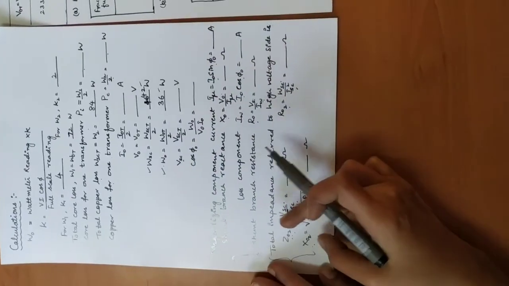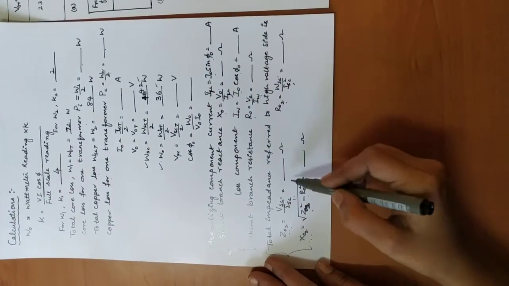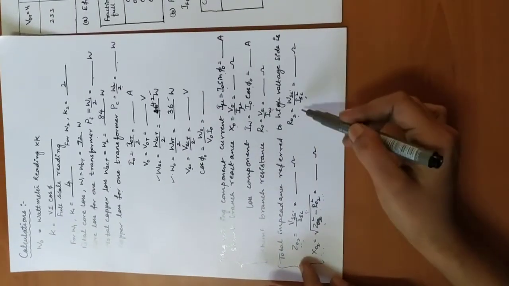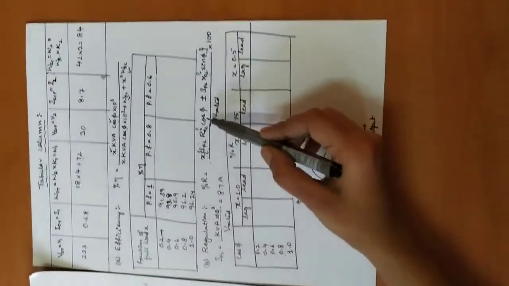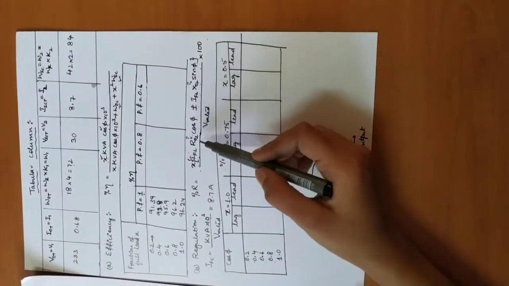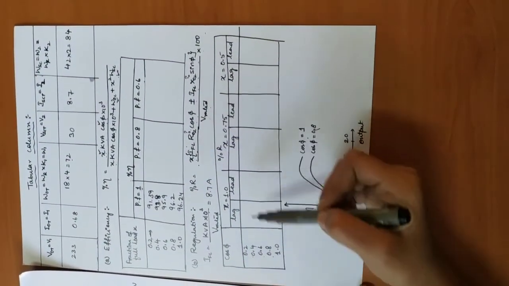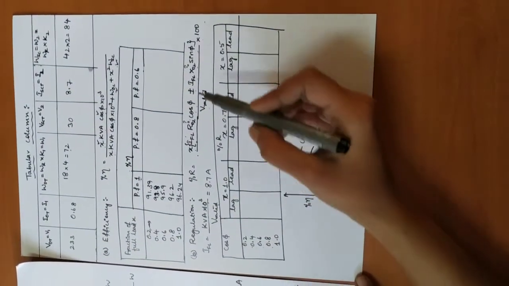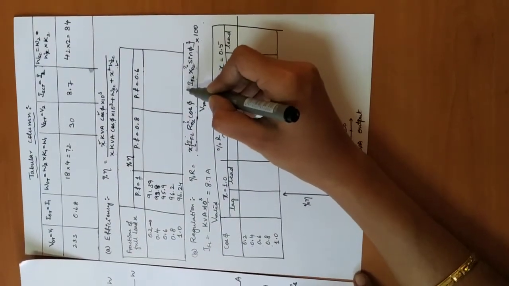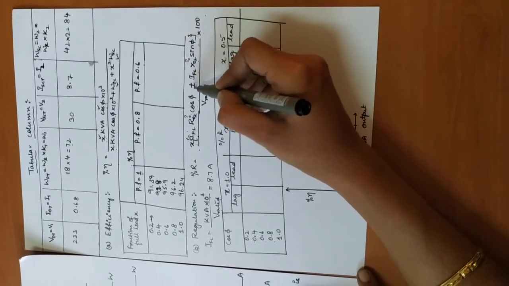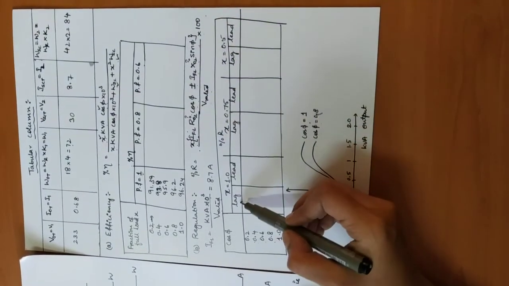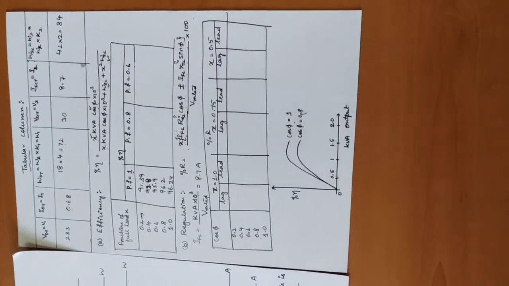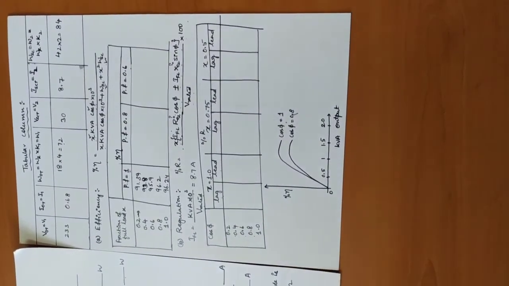So this is the value which you are going to utilize for solving the regulation. Once you get R02 and X02, we need to substitute in this equation. Then for different values of x, we have to carry out the calculations. Here you can observe that plus is for the lagging power factor and minus is for the leading power factor. That is why we have segregated both cases. So this is how we are going to complete the regulation calculations.